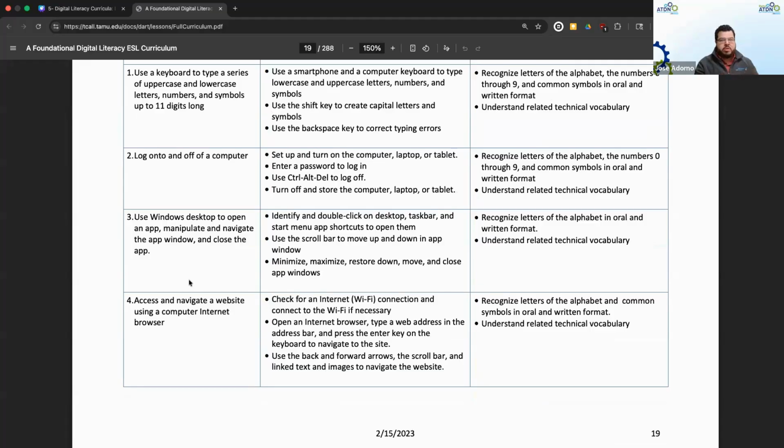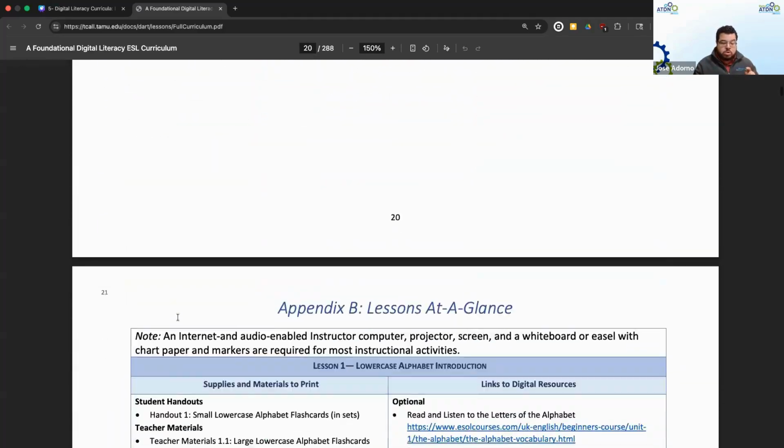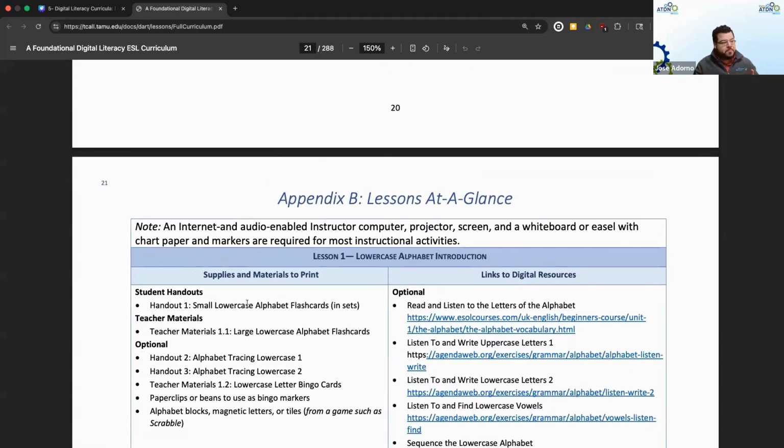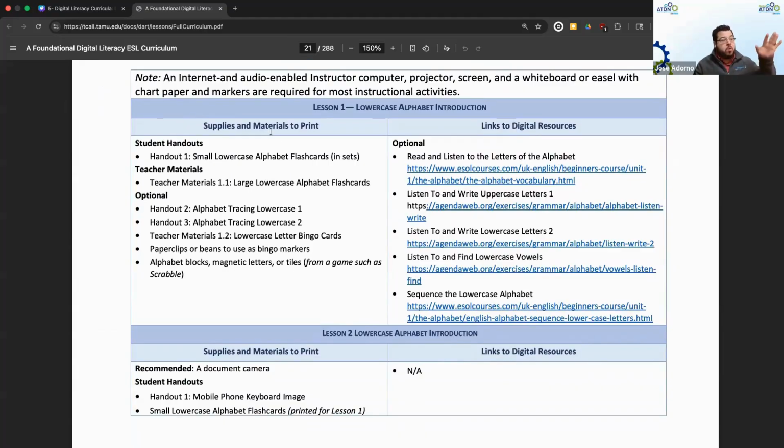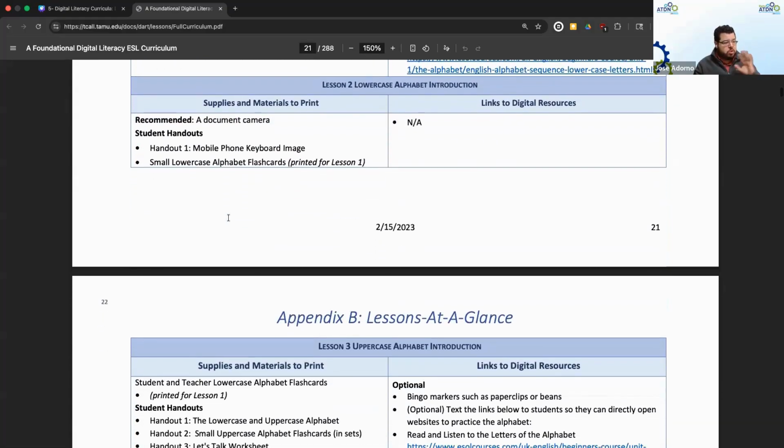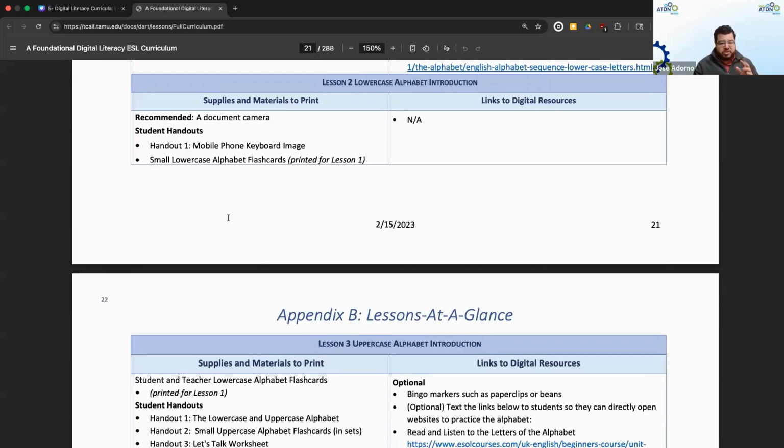Sometimes when we think curricula, we think we have to do everything. It's based on, you have a limited amount of time with your students. What should you focus on? This document could give you an idea of how you're going to place that. The other document that's also good to look at is the lessons at a glance, which will tell you what materials are available here, and then you can make your determination there.